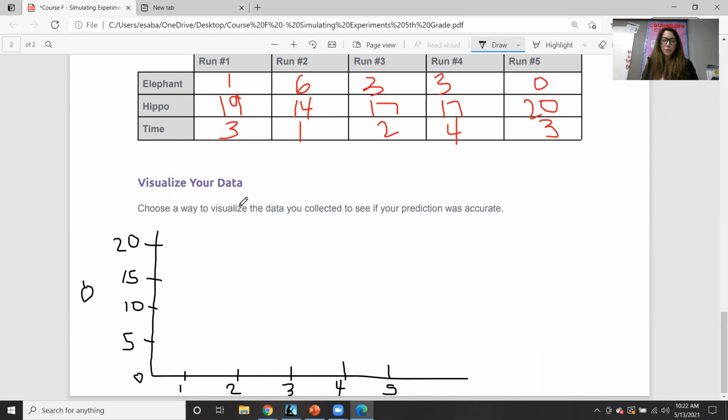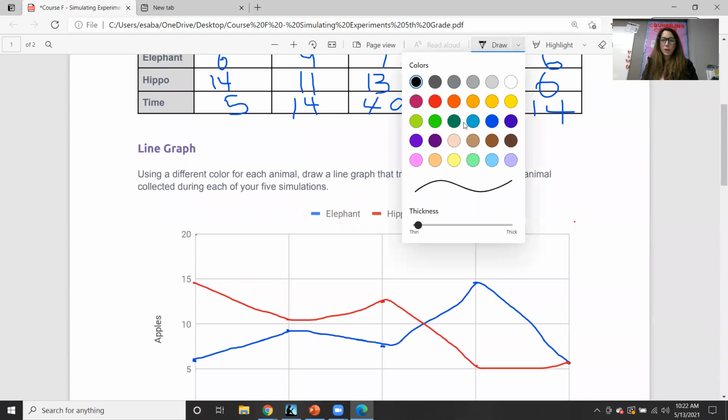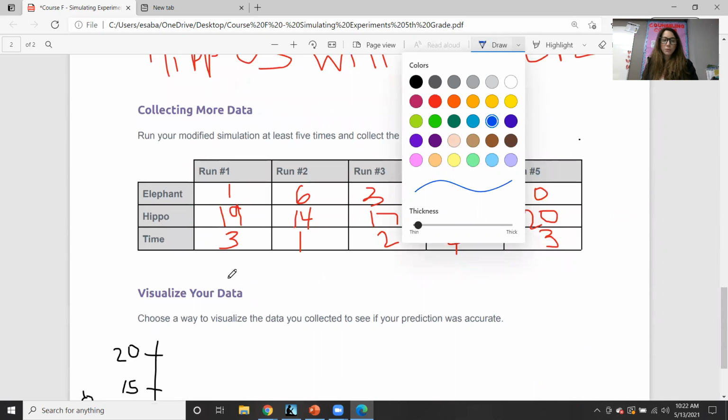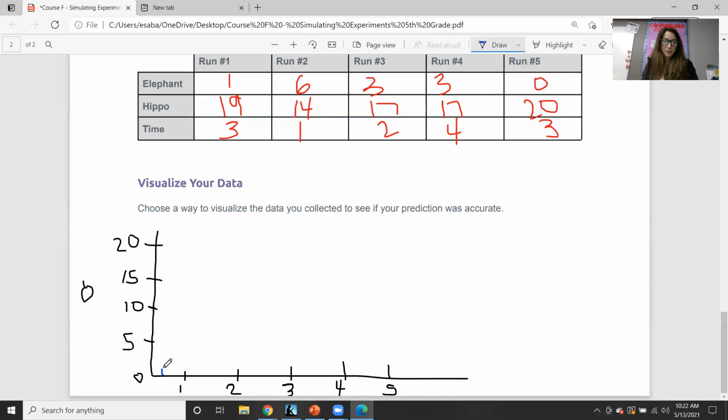Okay, so now I'm going to do my colors. So I'll just stick to the same colors. Elephant will be blue. So I'll get my blue back. I'm going to do my bar chart. So for the first one, elephant got 1. So I'll make a little bar for elephant. Poor little elephant, he got 1. That probably looks more like 2, but